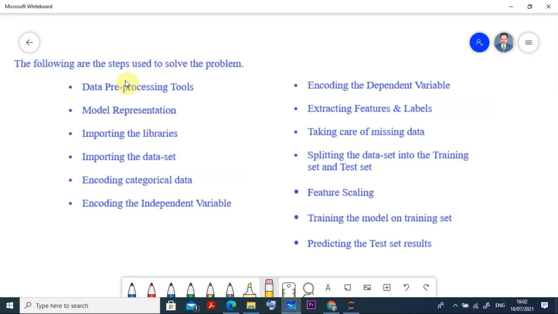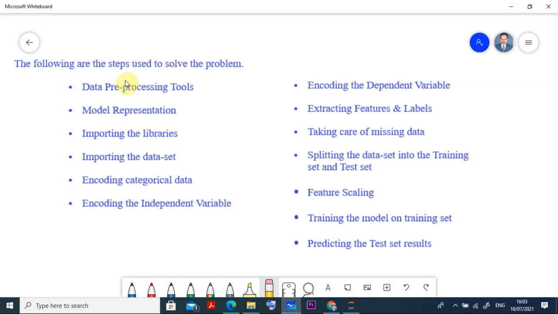Here we have taken the credit card .csv file. Then encoding categorical data. So if anything is like that, it will be converted to the number system. Then encoding the independent variable, because we divide into independent and dependent variables. For example, the entire table we divide into x and y. So x is the independent variable and y depends on that one. So just by giving the input x, we can get all the details y.